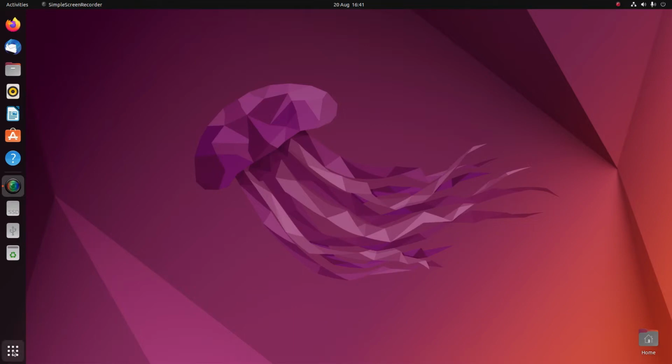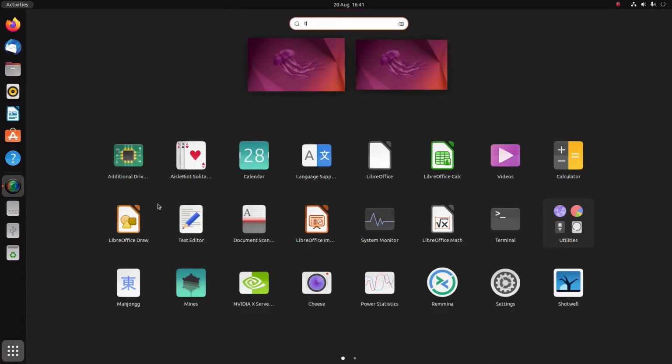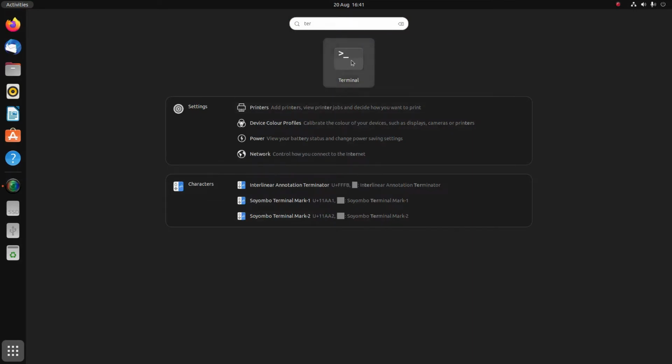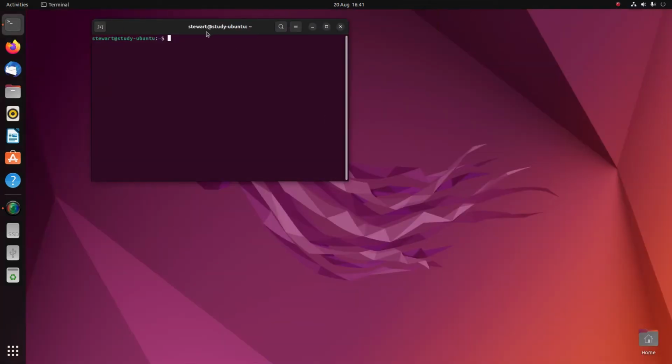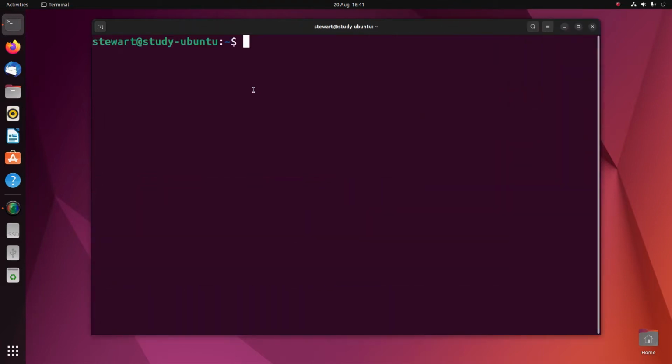So I'm going to just use a terminal, and I use the terminal a lot, so I'm just going to put that straight on the taskbar. That's going to be one of my favourites. Increase the size of that, make it easy to see. In fact,